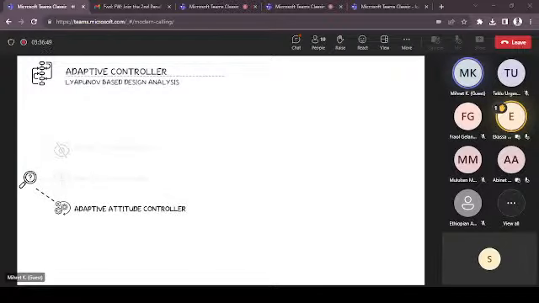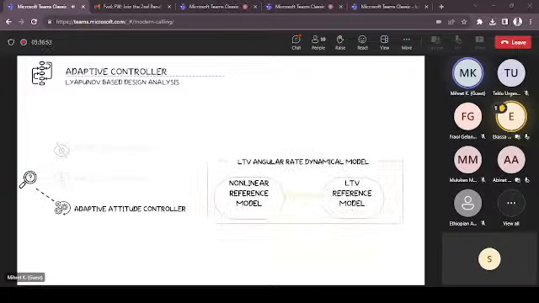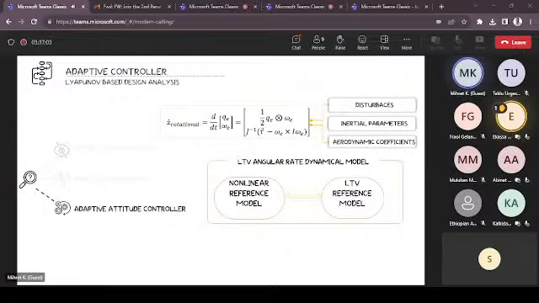The adaptive attitude controller is then set up as an indirect adaptive controller, which is based on a linear time variant angular dynamical model. Looking at the rotational dynamics presented here, we can see that the quaternion rate dynamics is free from any uncertainties, but the angular dynamics suffers from three main types of uncertainties, which are caused from unknown disturbances, inertial parameters, and